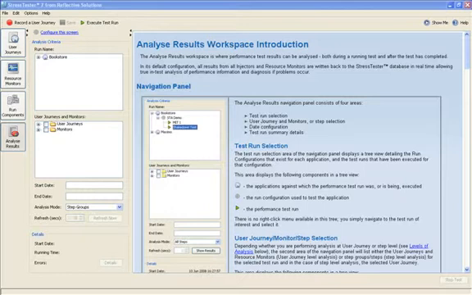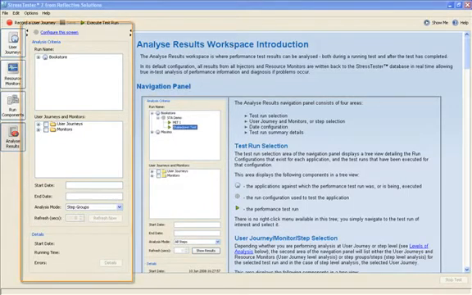It is hoped that the Analyze Results workspace is where you'll spend most of your time within StressTester due to the efficiencies of not having to script your user journeys. The Analyze workspace is split into two areas. The left-hand area has navigation trees and other fields that are used to restrict what is shown within the right-hand